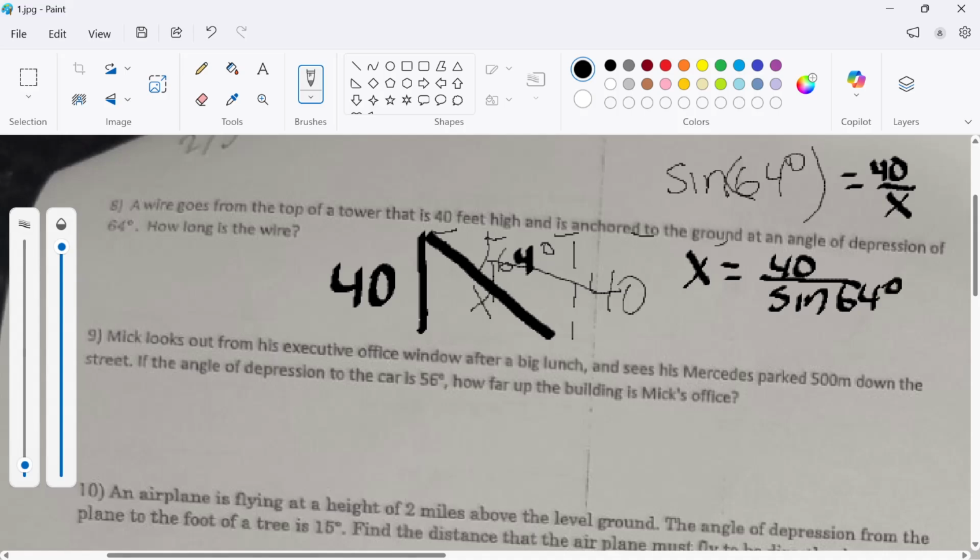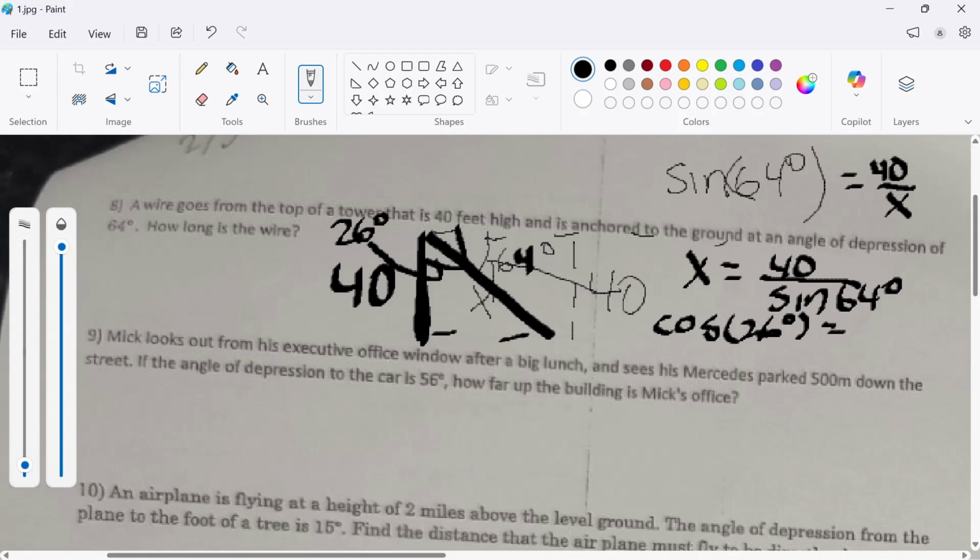Now I'll show in a moment that both of these ways are going to get the same answer. I could also just use the triangle I have, and if this whole angle is 90, and the top part is 64, what's left on the inside of that left-handed triangle? 90 minus 64 is 26 degrees. So instead of sine, now I have adjacent. 40 is now adjacent there, and the hypotenuse. So I can do cosine of 26 degrees, not 64, I was about to write 64. Cosine of 26 degrees